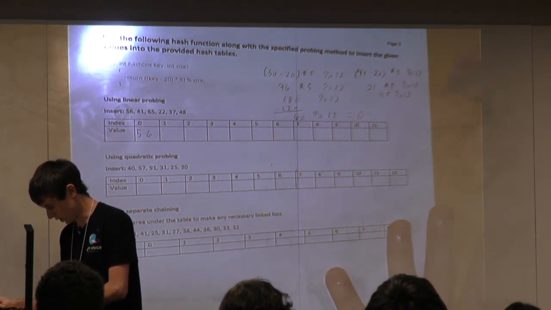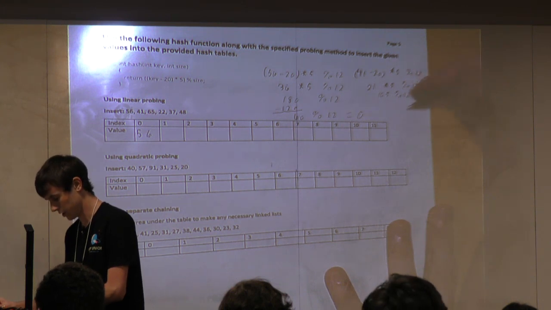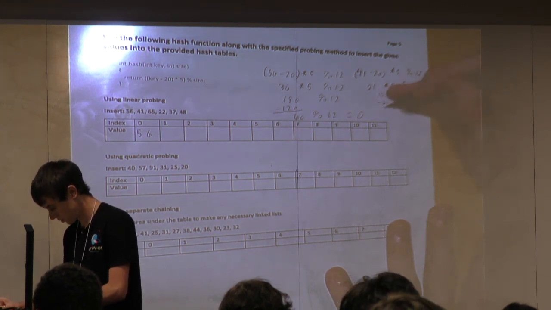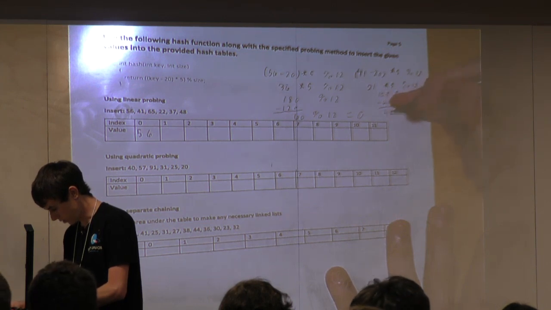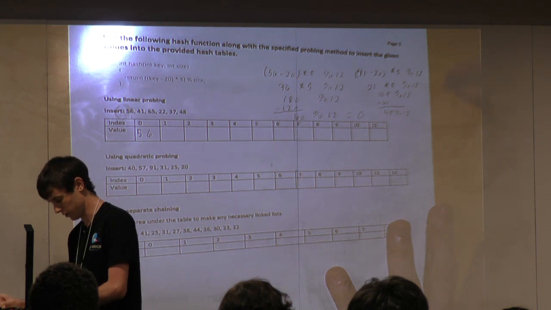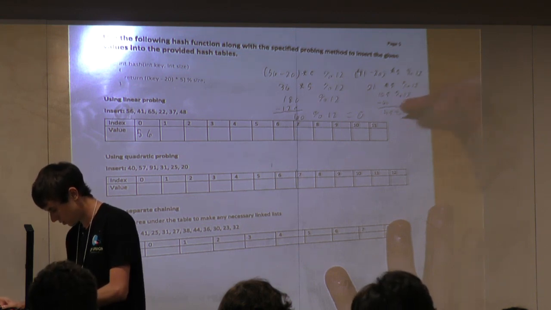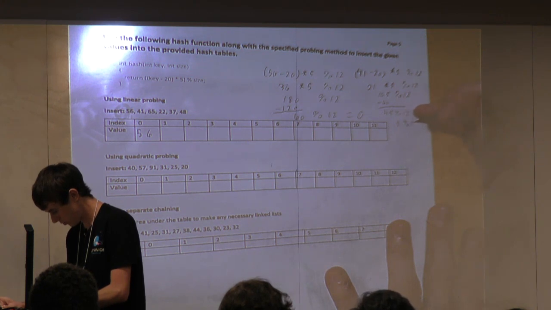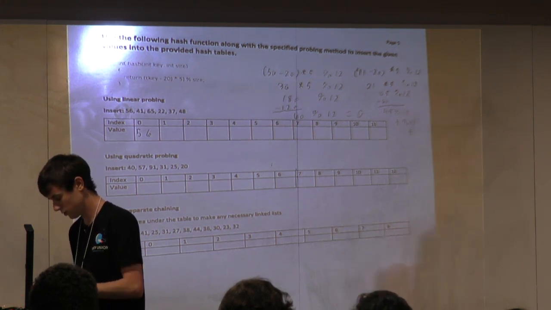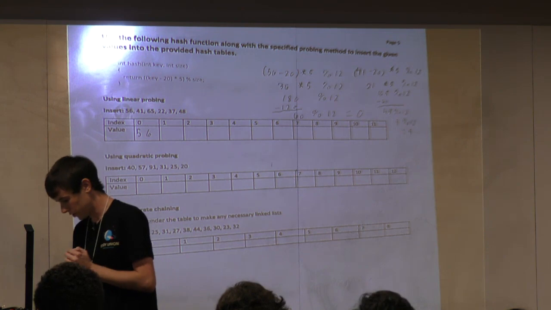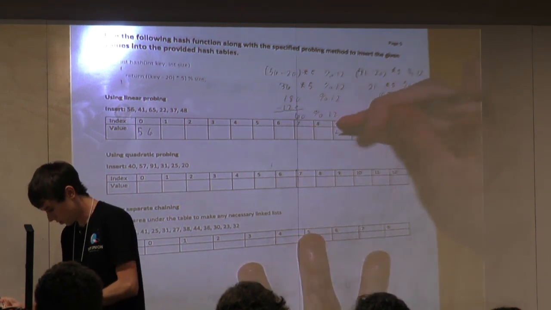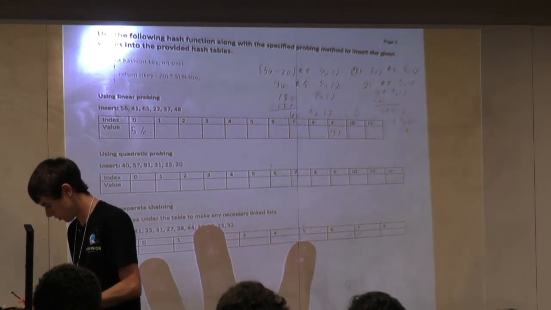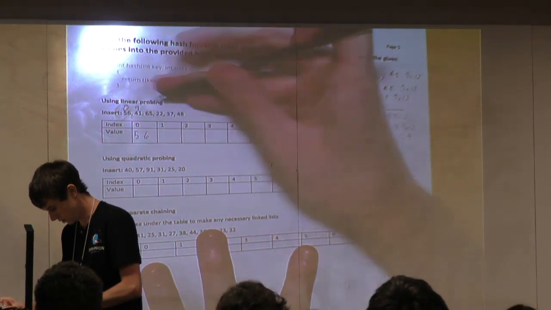But let's assume we're not, so we'll just do 60. If I subtract 60, we'll get 45 mod 12, and then I'll subtract 36 from that. So if I subtract 36, that'll be 9 mod 12, which is equal to 9. So we know we'll have to insert 41 at our 9th position, and then from here I'll just give us the values. So that's 0, 9, this was 9,